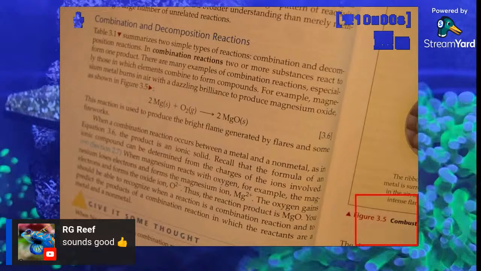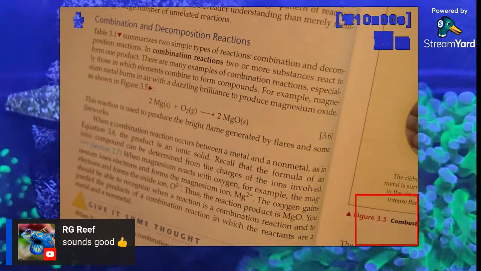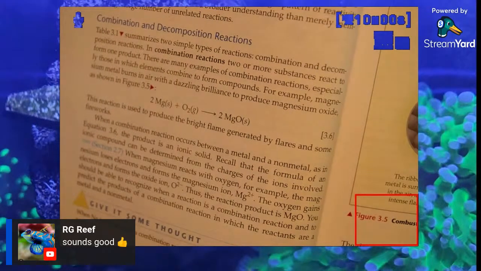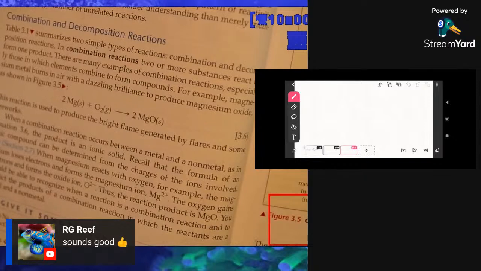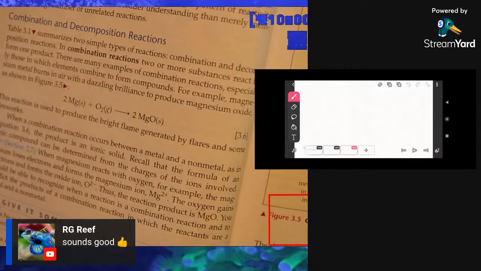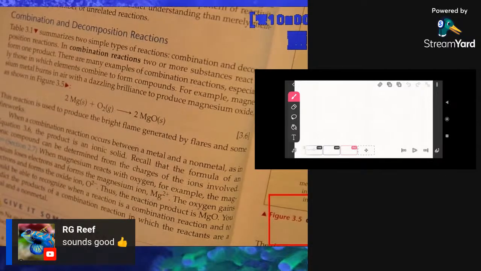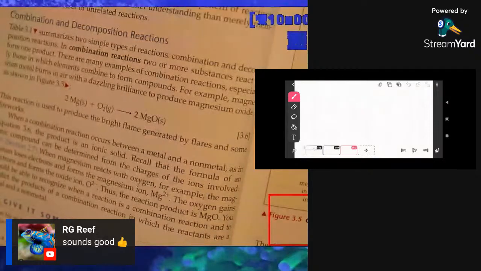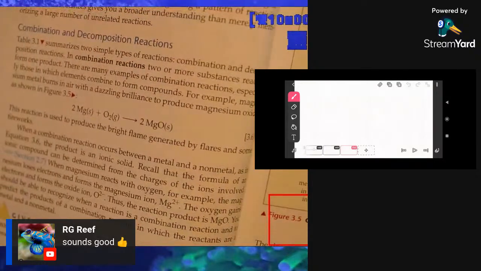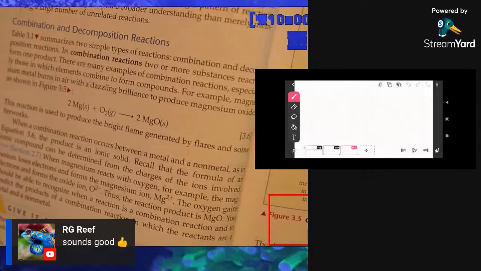So magnesium oxide. All right, let's write that down and let's get our notepad out. All right, so magnesium oxide. Oh man, I gotta move my notepad this way. Okay, magnesium oxide is